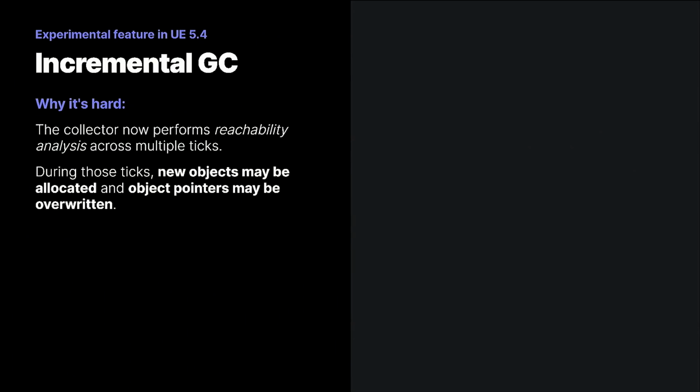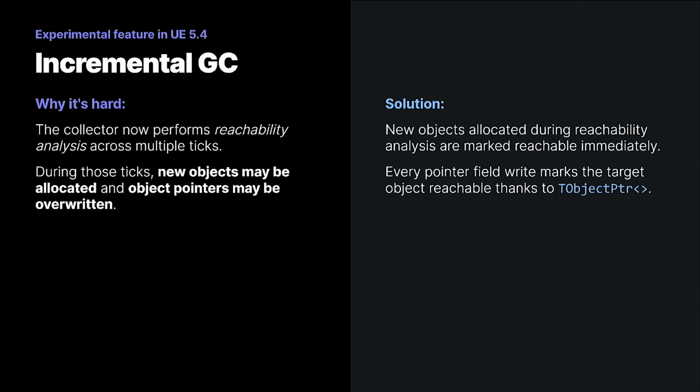The program might allocate additional objects. It might change references between objects. The way that we handle that is that new objects are allocated already marked reachable, which means that any objects newly allocated during that incremental reachability analysis phase just skip that phase. The phase just assumes that they're live. It'll be the next reachability analysis that